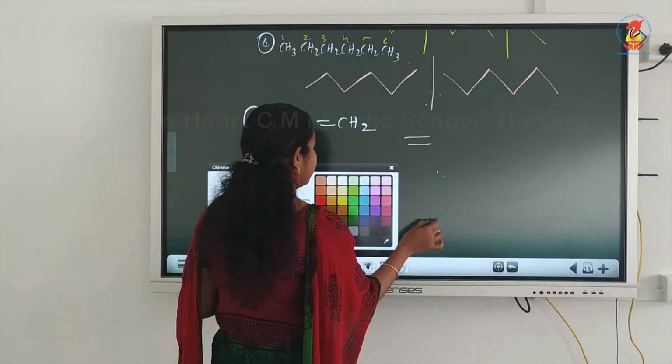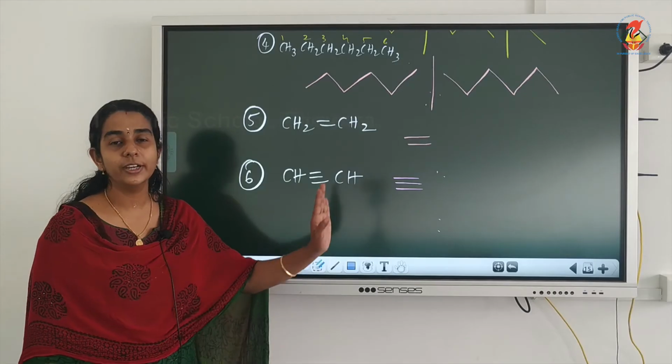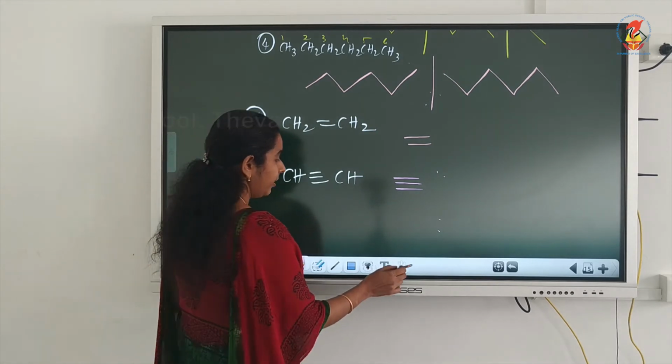Yes, it is 3 lines because we are representing only the bond. It is a triple bond. Now